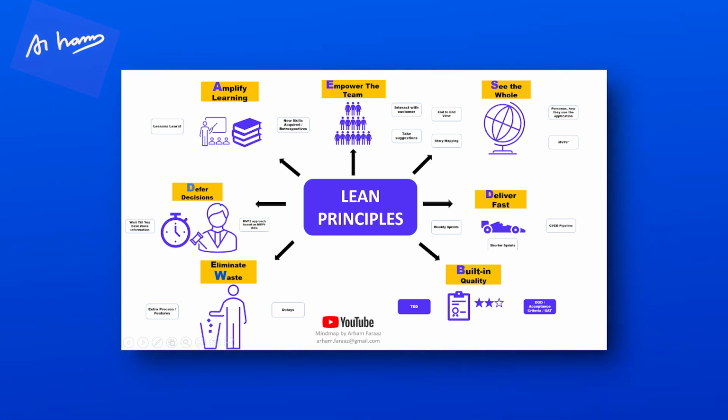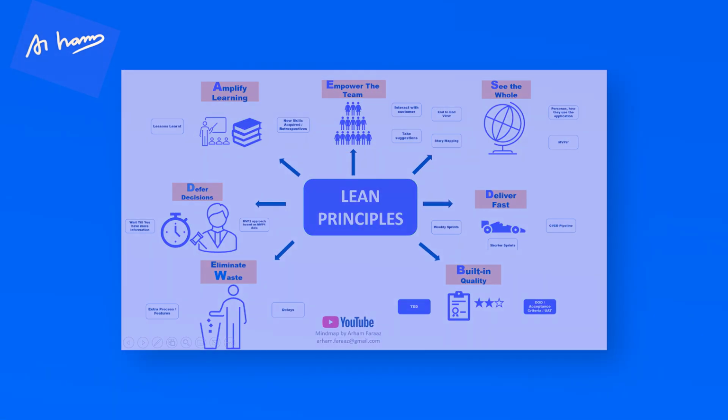So you'll see that empower the team. So lean thinking says we have to empower the people on the team. We have to let people talk to the users directly. We have to help people take decisions. We have to make people more autonomous, right? So we have to encourage this empowerment in the team. Okay, that's the first principle of lean thinking, right? You can't be autocratic, you can't do micromanagement over here.